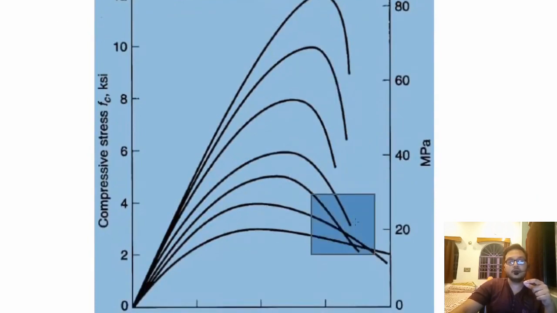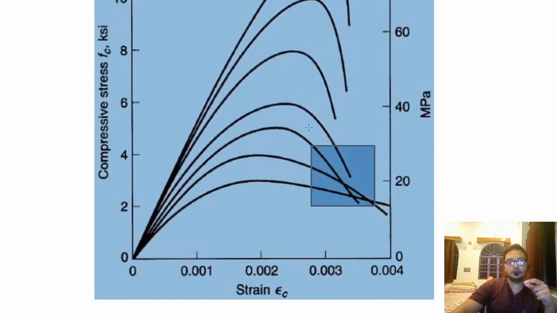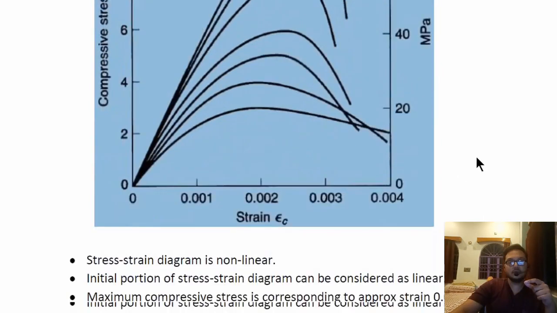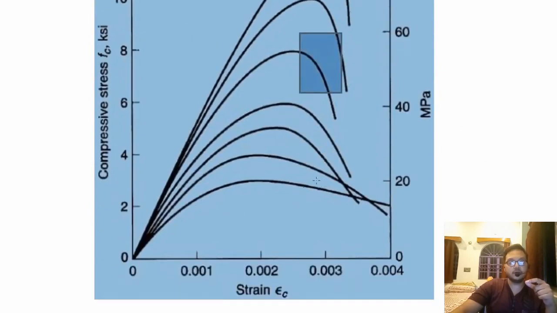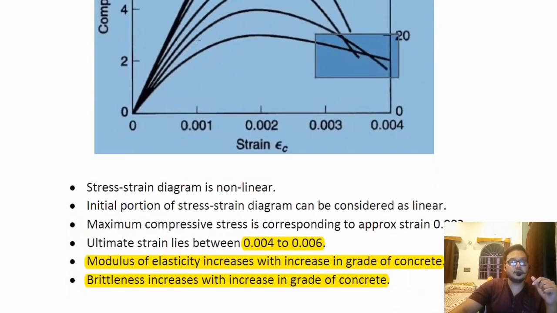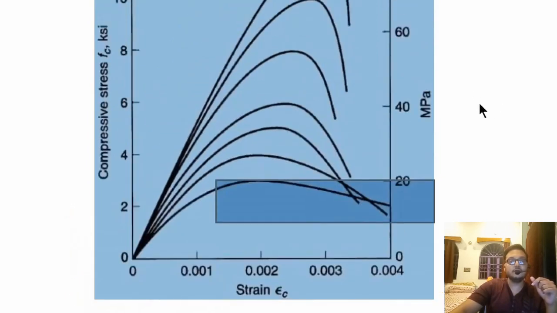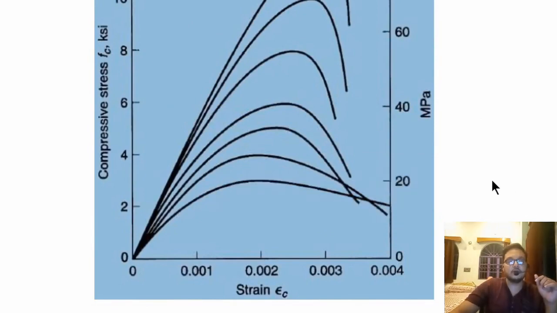See, the curves are sharp over here, but for this the curves are not so sharp. It is somewhat less sharp as compared to all these. And the concrete with the least strength has almost a flat curve. The last one has almost a flat curve. So the brittleness is very low for this particular strength of concrete.